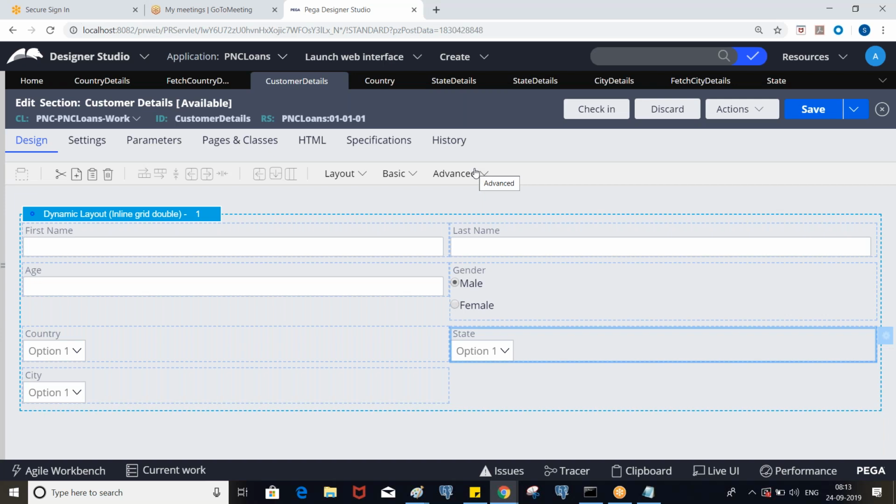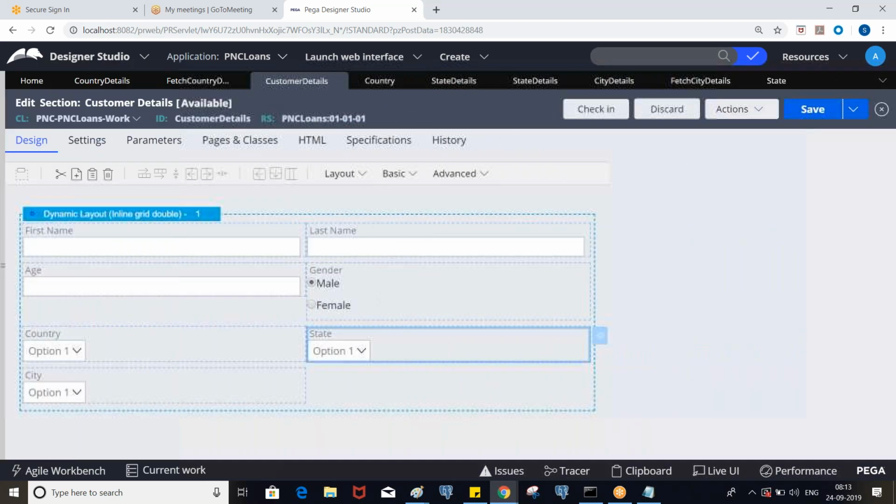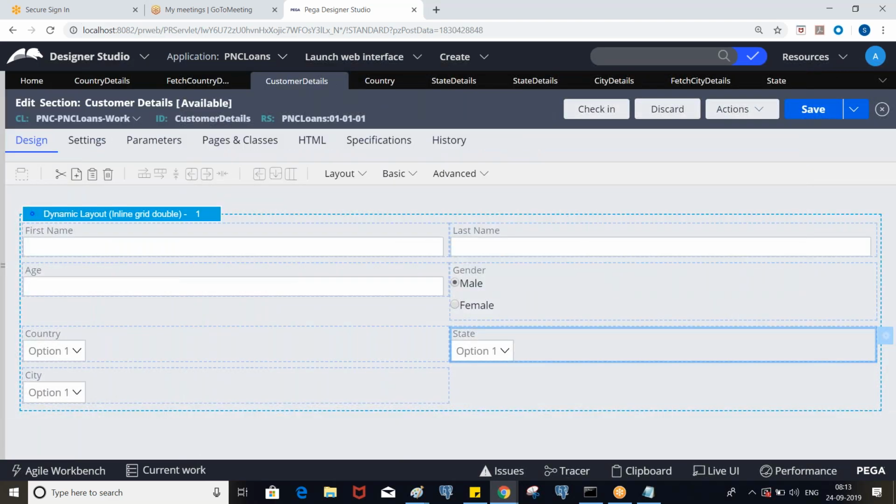Yes, tell me. Up to now, we created three data classes and three activities. The three data classes we mapped to the activities, and the activities map to the UI, right? Exactly. After that, we created only one activity, and that activity maps to the UI, based on the objects. Yes.